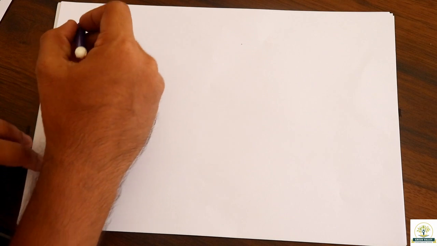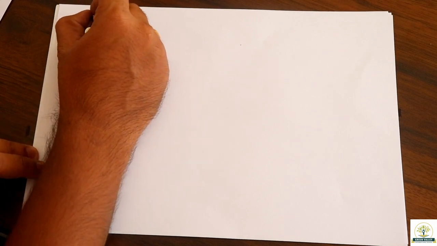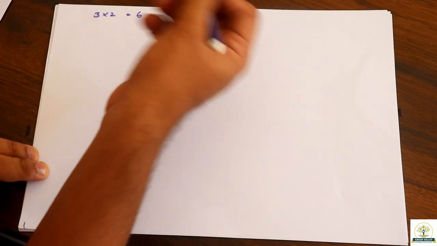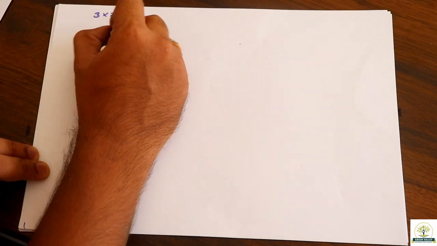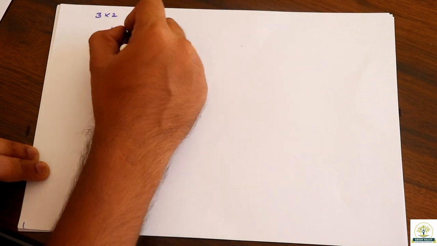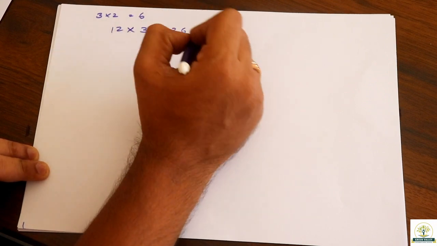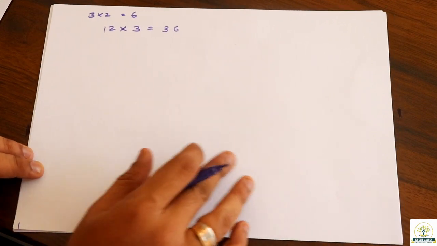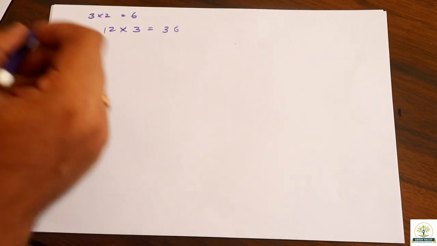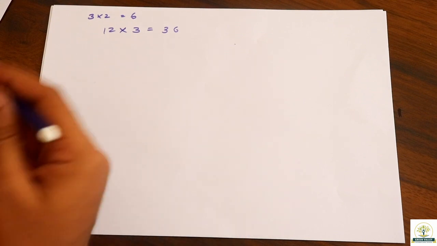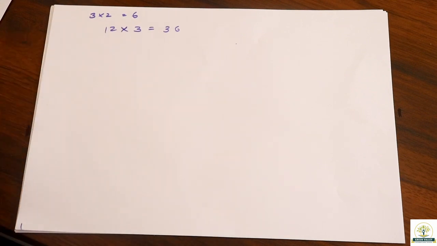Now, you already have learned single digit multiplication in your previous standard. 3 times 2 is 6, or double digit multiplication also, double with single. 12 3s are 36. This you already know. So in short, you already know the meaning of multiplication. Now let us jump to long multiplication.